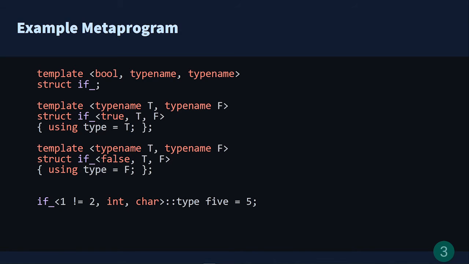Here's an example of how this works. We define a template class named if, which is parameterized by a boolean and two types. Then we have two template specializations that tell us what to do depending on the value of the boolean. In the true case, we simply define an inner member called type as the second parameter. In the false case, we define an inner member called type as the third parameter. Once we have that, we can instantiate the template with some boolean value and of course the two types, and the inner member type will contain the result. In particular, this piece of code compiles because the type of the variable 5 is an integer and thus the initialization is valid.